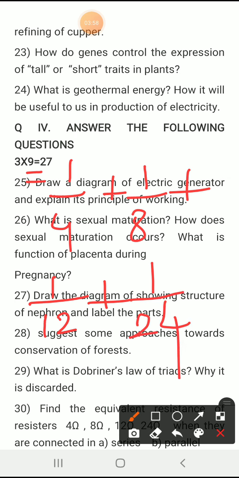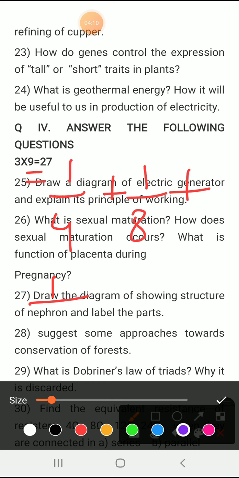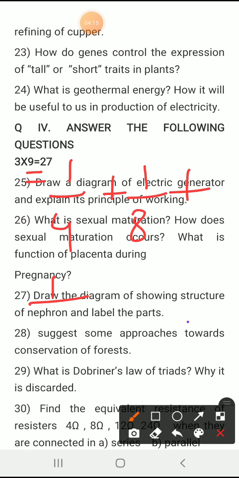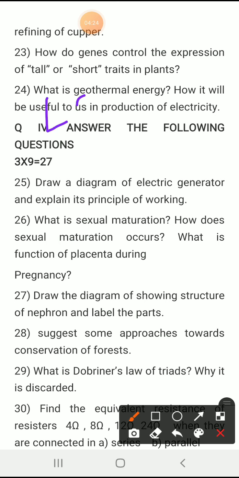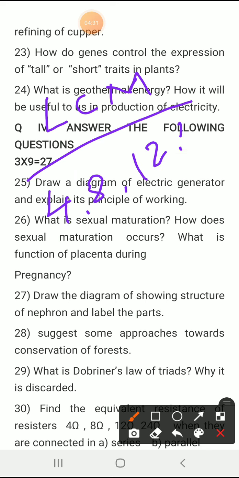Got it. So for that we must take the LCM, right? We must take the LCM of these 4, 8, 12 and 24. Got it. We have to take the LCM of 4, 8, 12 and 24. So when we take the LCM of it,